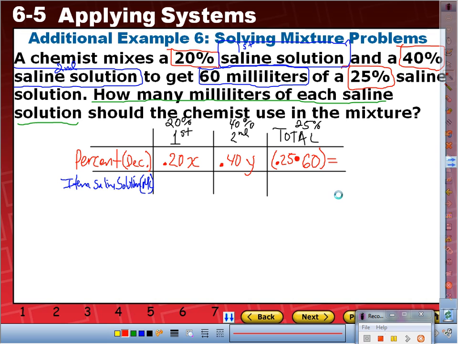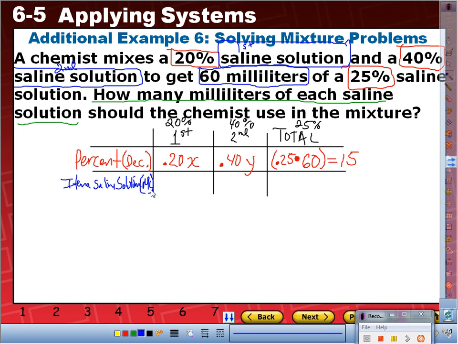So that means, let's multiply this to see what that gives us. 0.25 times 60. Do the computation, please. See what you get. Here we go. I heard 15. Is that correct? Yes. Okay. All right. Here we go. Next. Let's do the next